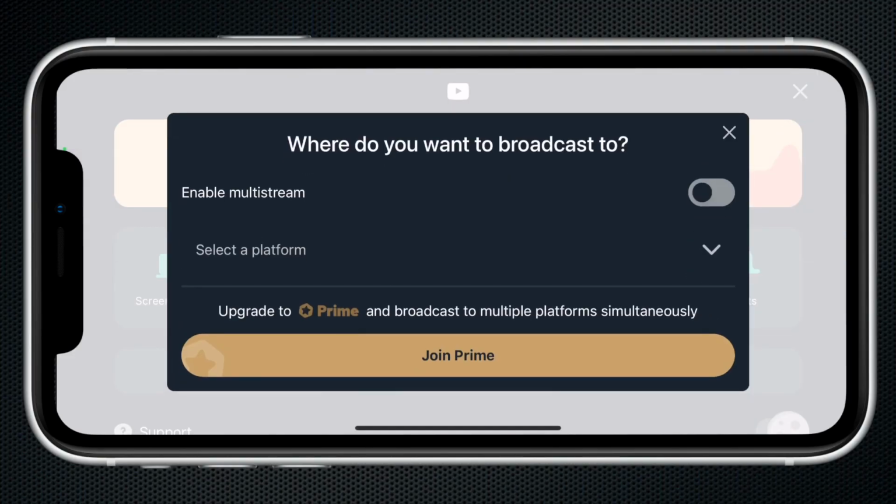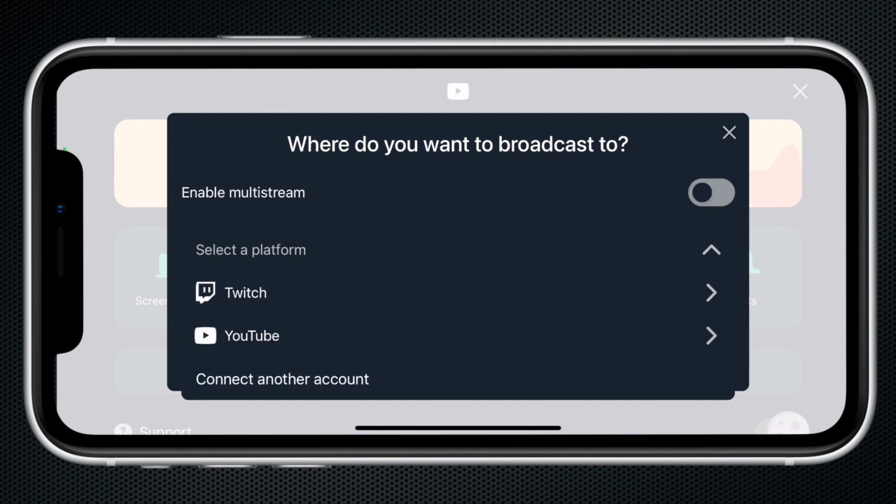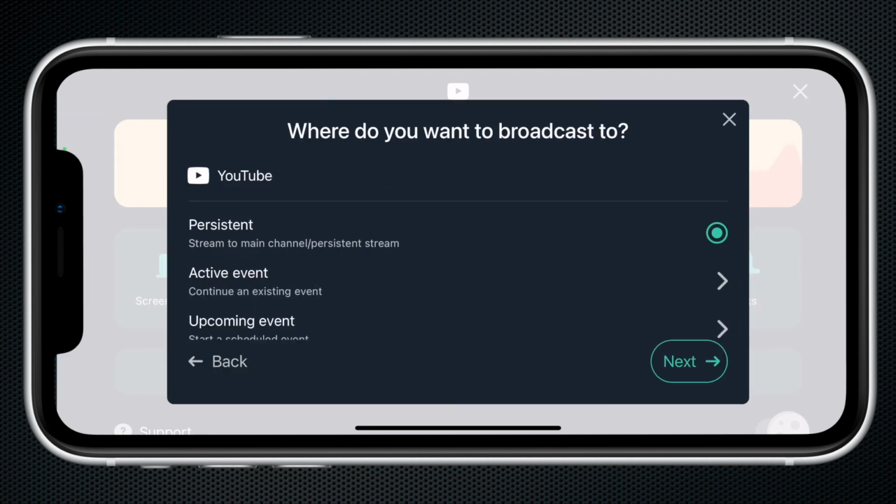You're instead streaming your screen. I always have trouble saying that, don't I? Let's click on that and ask me where do I want to broadcast to. The option for multi-streaming, which of course is a Prime feature, but then I can select the platform and I have Twitch or YouTube. Now I've just tapped on Twitch. No, I didn't. I tapped on YouTube, and what I can do here is I can go persistent,